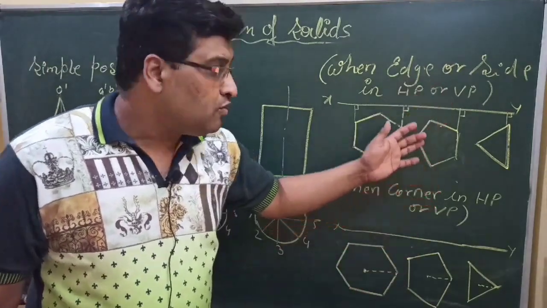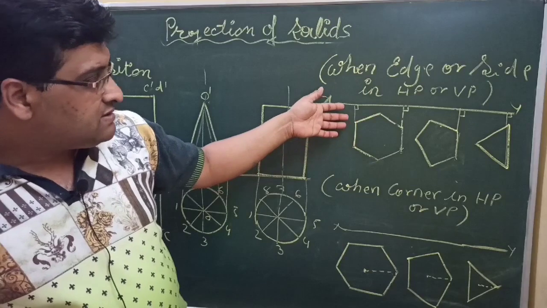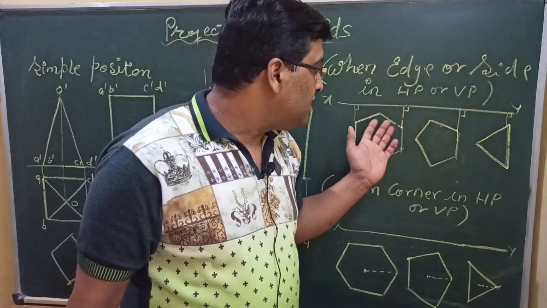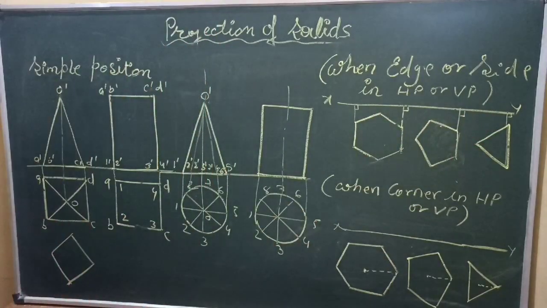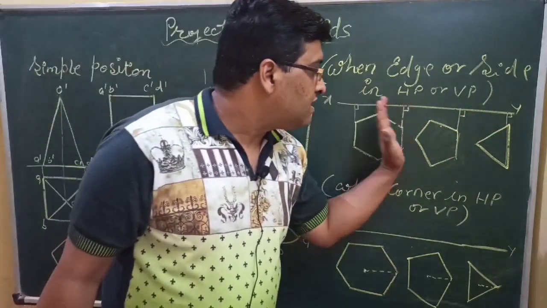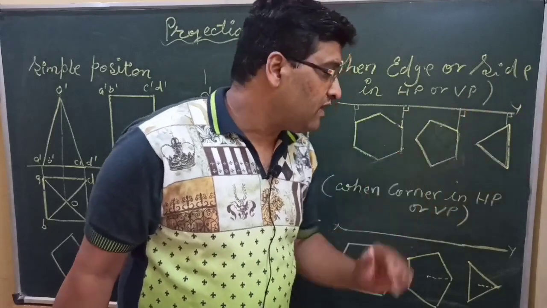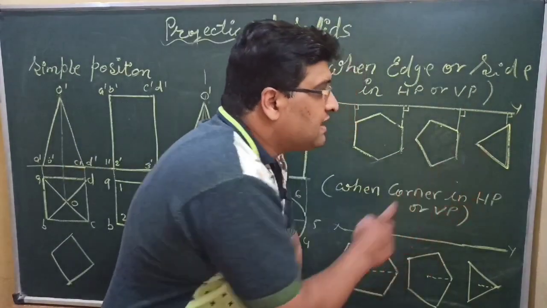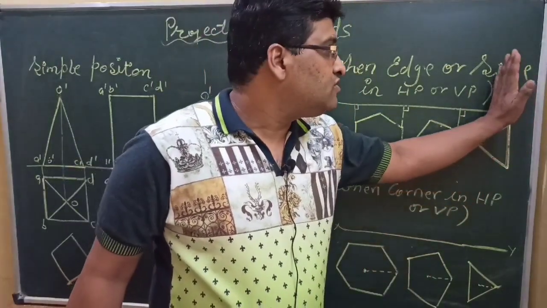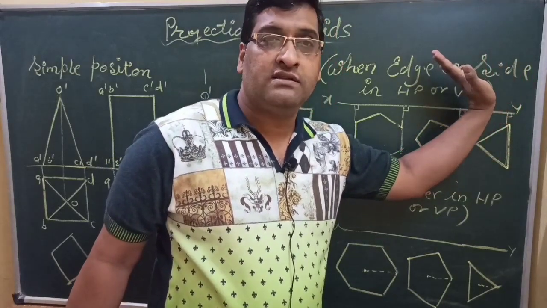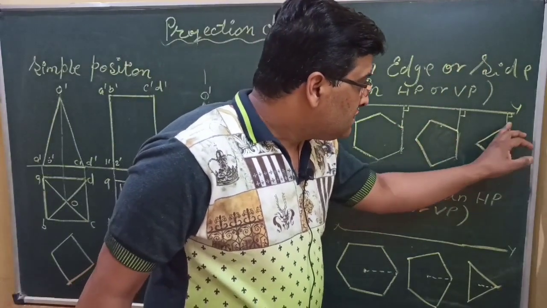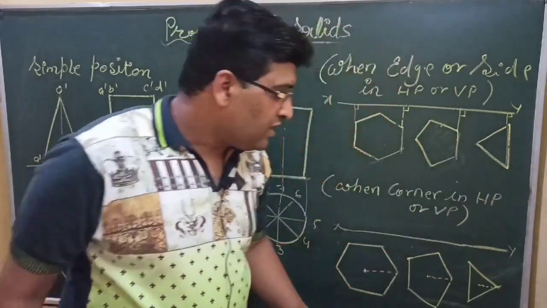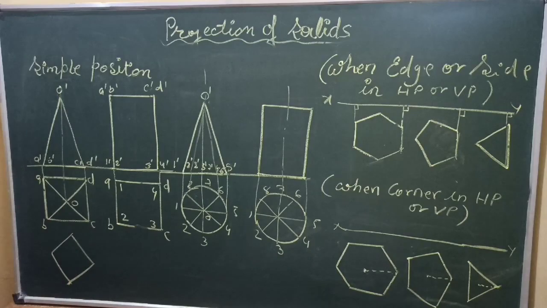So most of the cases are with this, means edge or side of the base in the HP. So you have to draw this one, and always draw the resting edge to the right side of the figure, because this may be the case of corner, but that time the solid has to be tilted like this in the next stage that we will be discussing in the next video. So that is why we have taken this side as perpendicular to the XY line. So this is all about the simple position of the solid.